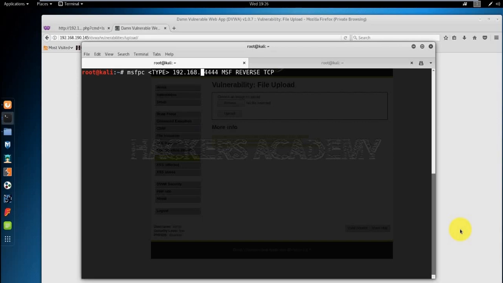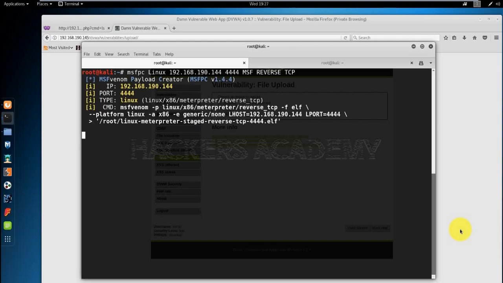And last but not least, I need to decide what is the type of the payload that I want to generate. In other words, what system am I running this on, or what application am I running this on? I want this to be a Linux payload, so I'm just going to type Linux. Now that I have finished setting up all my options, I'll hit the enter key and I'll let the tool